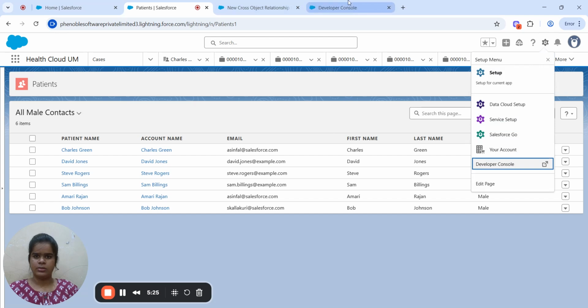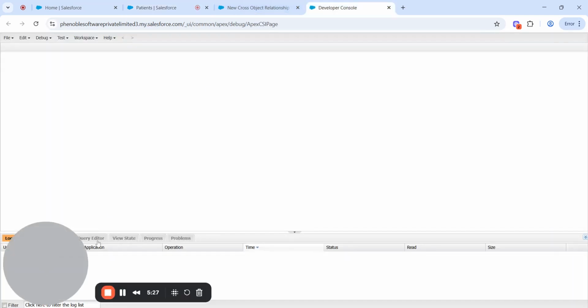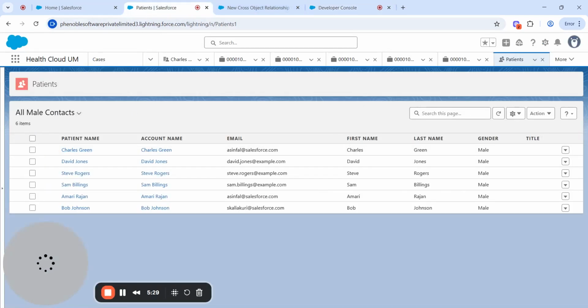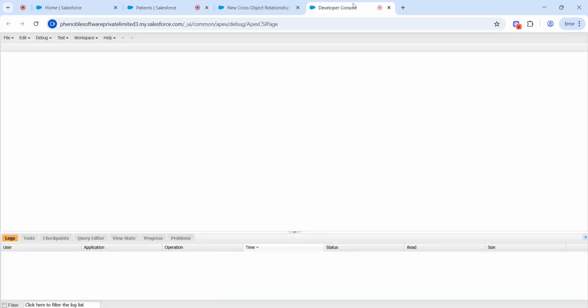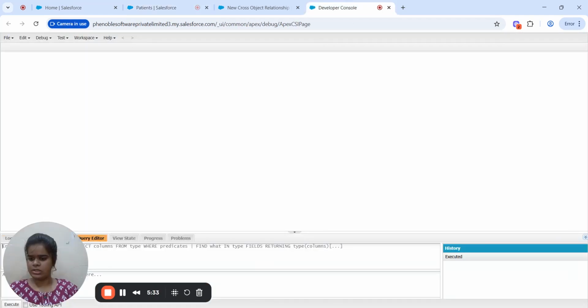Open developer console. This list is showing us 6 items.